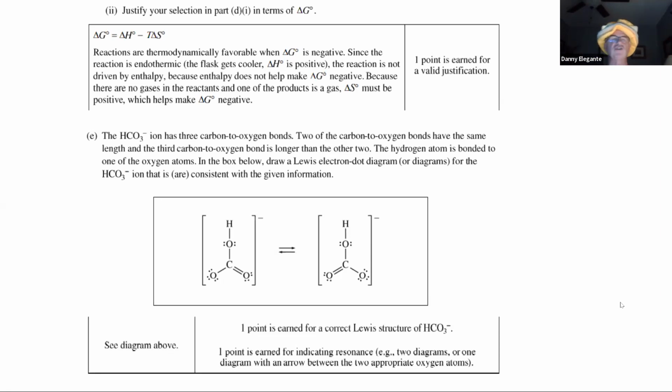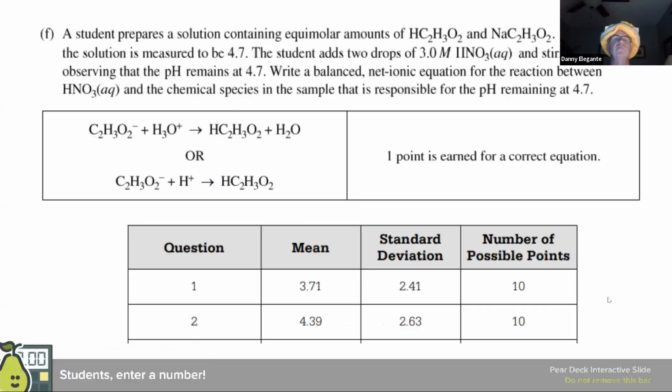But you know what? I've already gotten so many points so far that I don't even need this point, even if I got it wrong. This is like 9 points so far. All right. So 2 points for the structure. I can live with that. All right. And then it says,